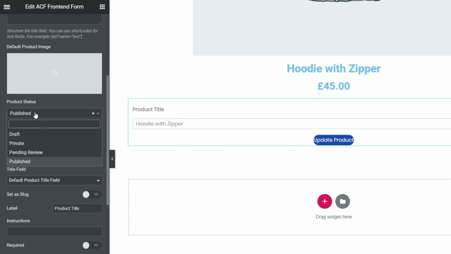So you may find that if someone edits something, you may want to force that to go back into pending review or leave it as published. Now, this is something that, again, I'm speaking to Shabti about to see if this can be expanded to take into consideration the published status of what you're editing at any given point, and then either allow you to set that to stay in that particular status or to be updated to something different based upon various different things like